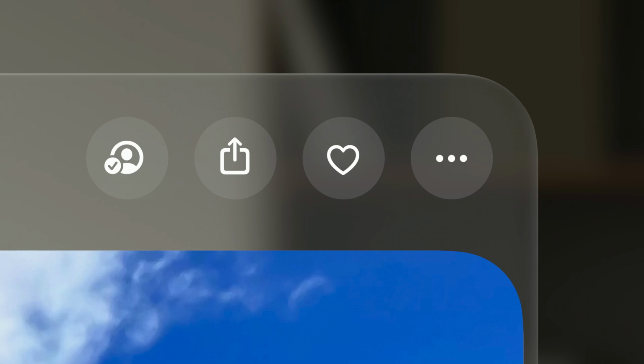Eye intent also provides great opportunities for assistive technology. For example, using the dwell control feature, you can select content just with your eyes. In this example, focusing on a button for a short time will show the dwell control UI, and will select the button without needing to perform a tap gesture with your hand.